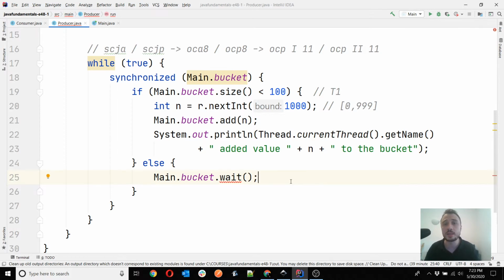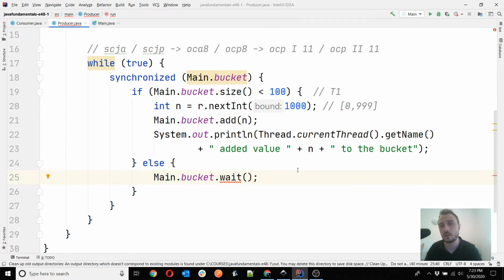And remember the InterruptedException, and that's a good thing to remember, especially for the OCP 11 and OCP exam in general, is that almost, let's say, you can take it any method that blocks a thread throws InterruptedException. And we have already seen sleep, join, if I remember correctly, and wait now is the third method of this kind we discuss.